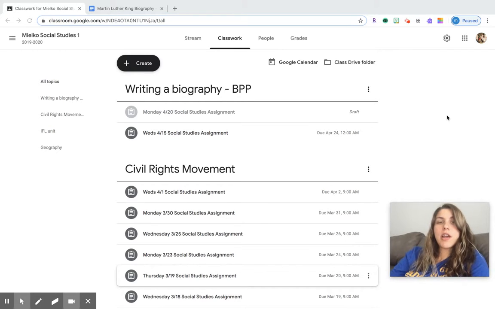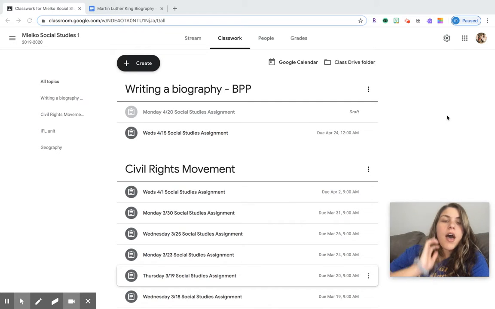Today we are going to focus on editing the first paragraph of our biography from last week. If you followed directions, you should have written the first paragraph of your biography, which would have included the first 5 boxes of your research chart: date of birth, hometown, family, education, and occupation. You also should have written this in your own words and not copied off of mine.